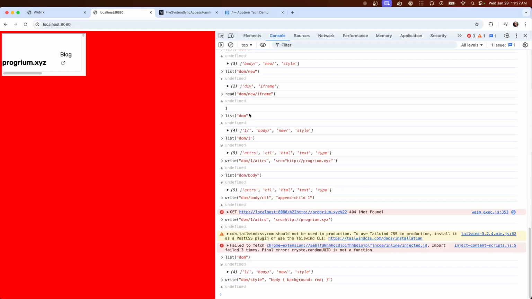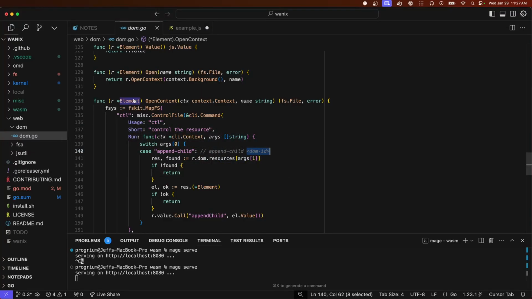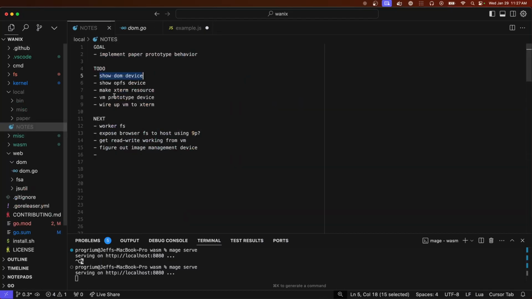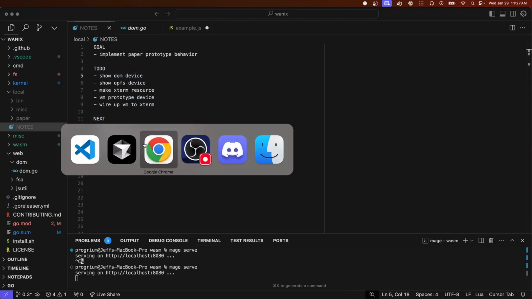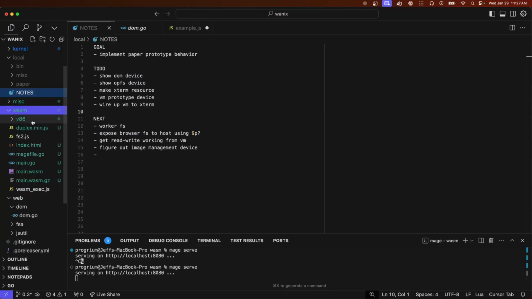So that's the DOM. Does that make sense so far? That's kind of, I think, what we were working on last. There were some other bugs that we ran into, I remember now, that were specific to